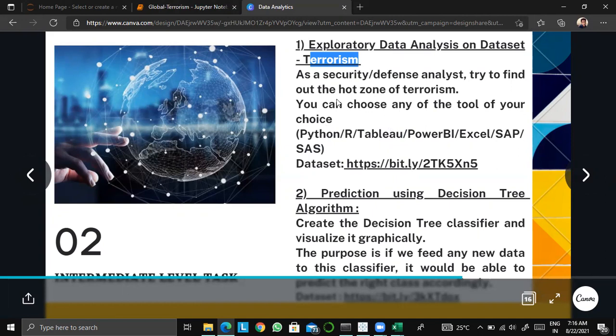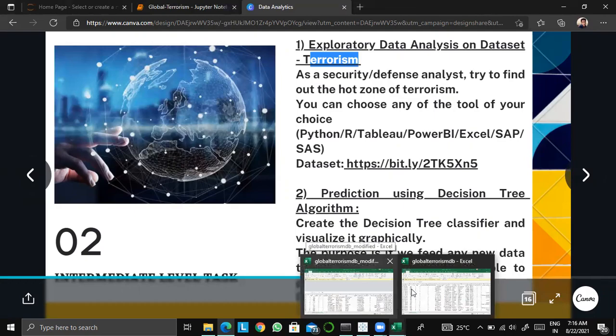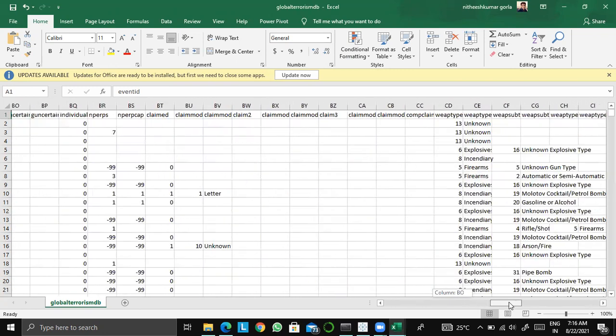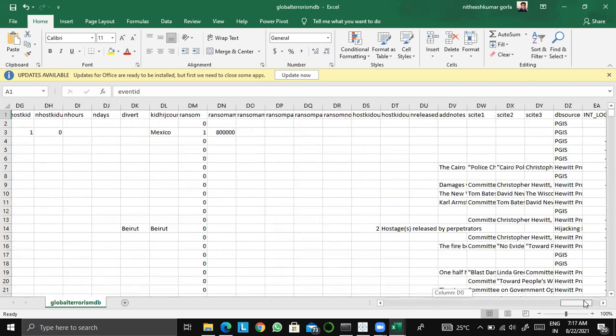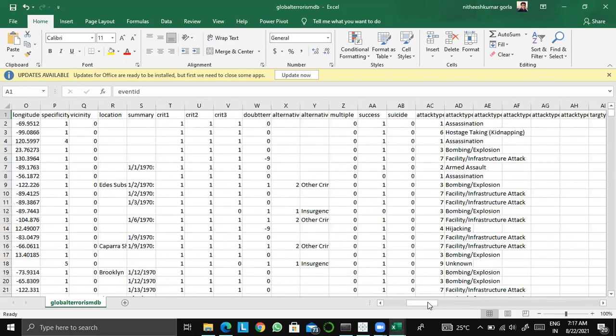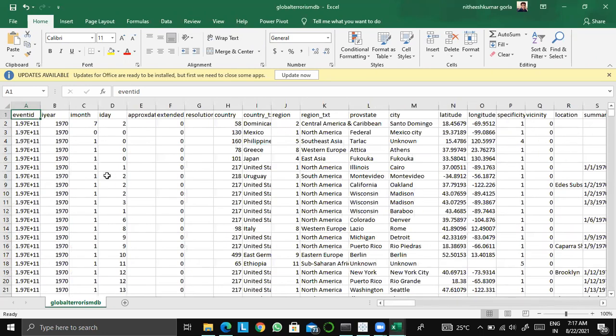So let me just show you the data. As you can see, this is the data set that was given for our analysis. There are plenty of columns given, a total of 135 columns, and nearly 1 crore 80 lakh rows.